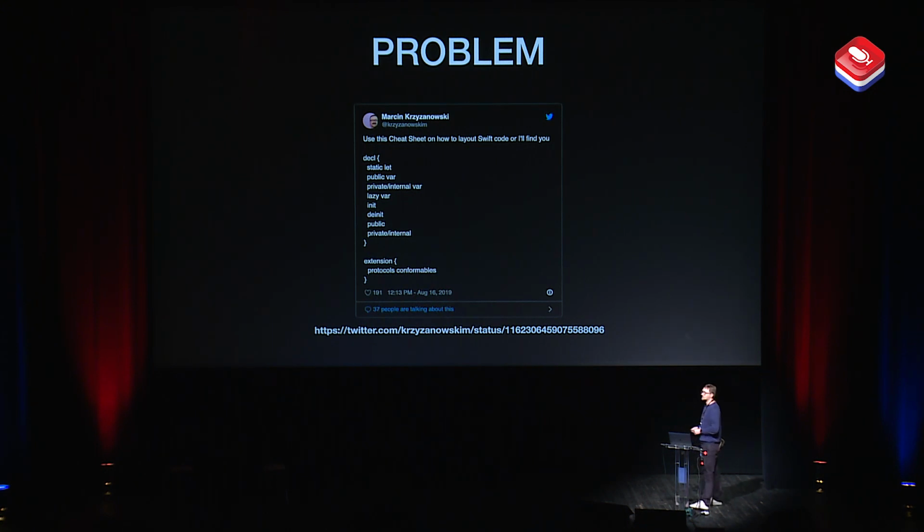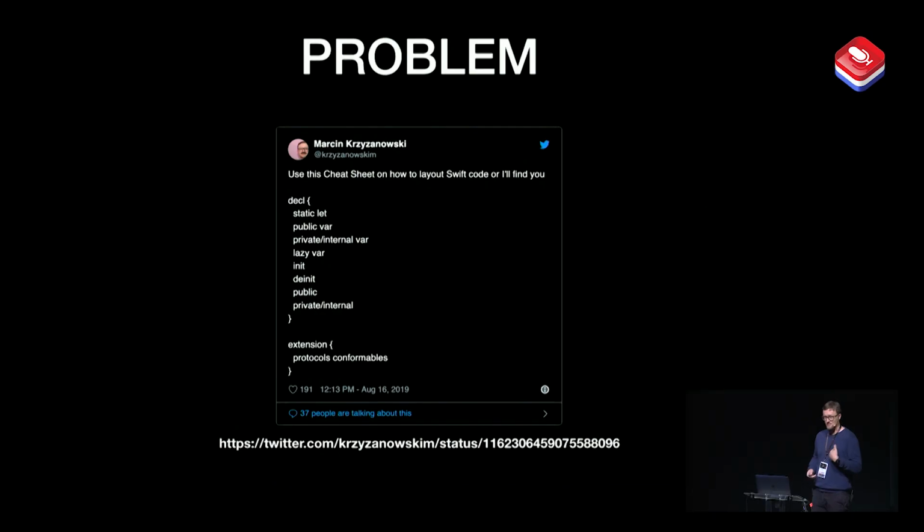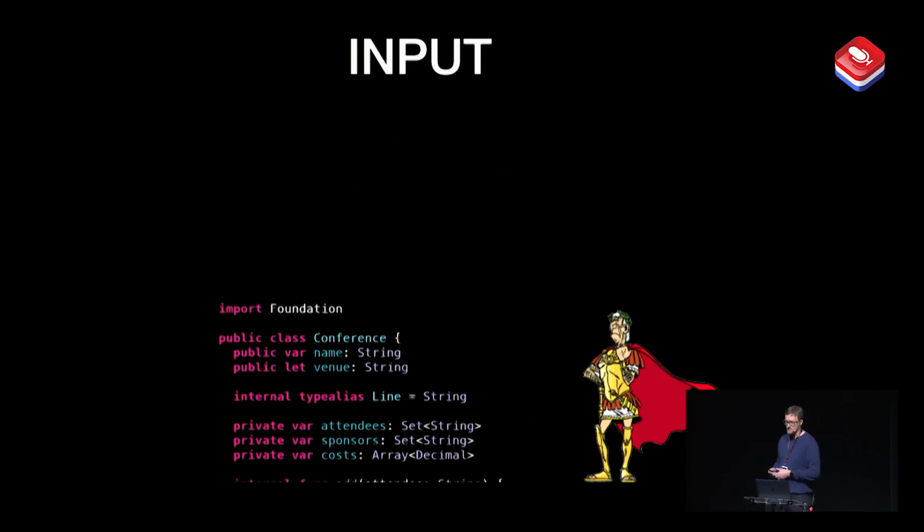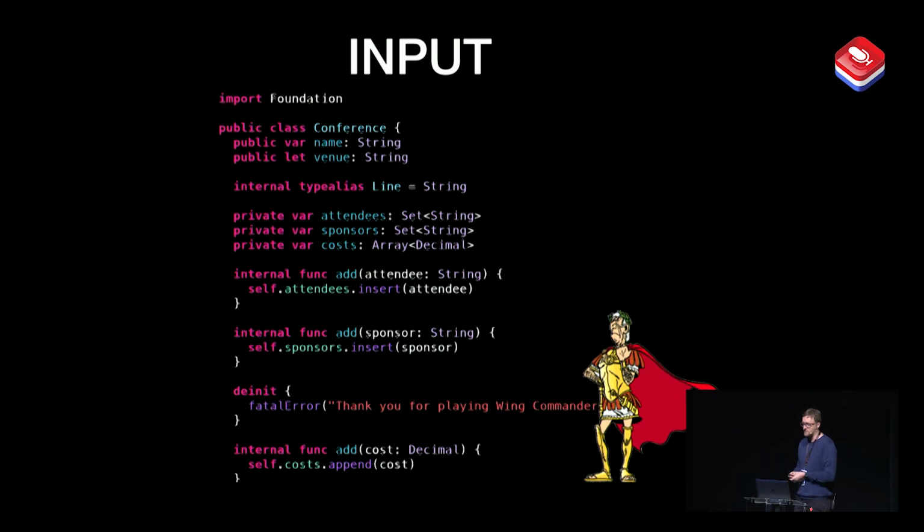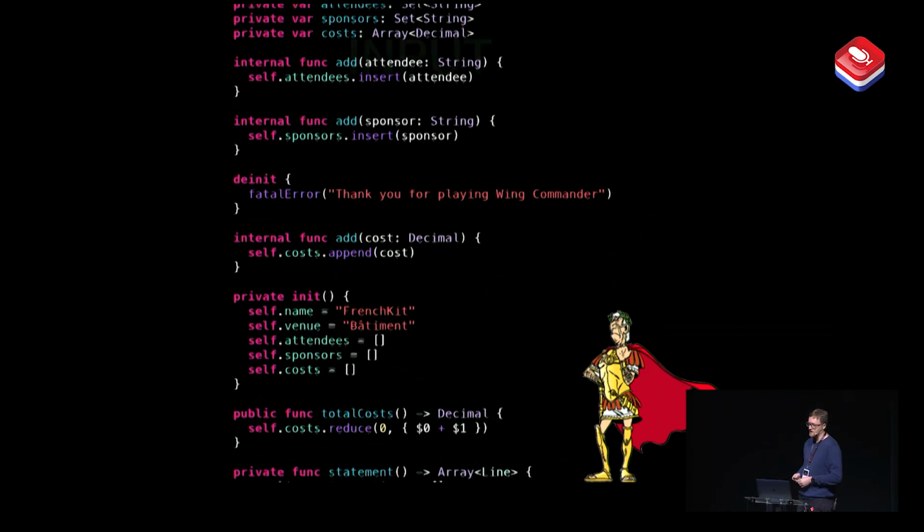So first, this is the problem. This is the problem I created. Problem is that sometimes the source layout in our code is suboptimal. Basically, it's a mess. The solution is to reorder pieces and align to desired structure. For the purpose of this presentation, I'll work on this